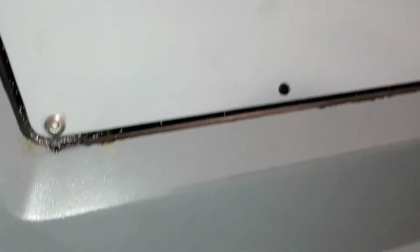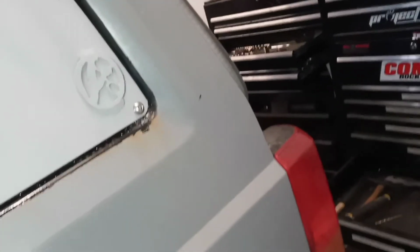Tech tip. When you guys are going to drill these holes, use a center punch, hammer them so your drill bit won't walk. I use a unibit. You guys can see. Anybody who's drilled some holes knows these things are badass. So what I would do is, this one's already center punched, so